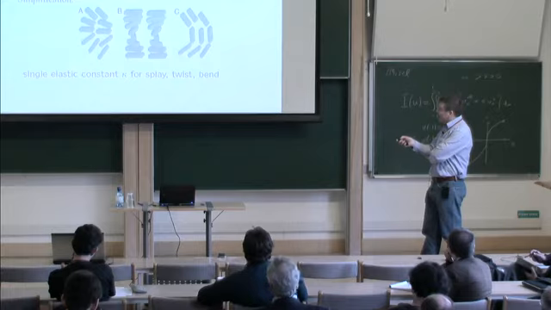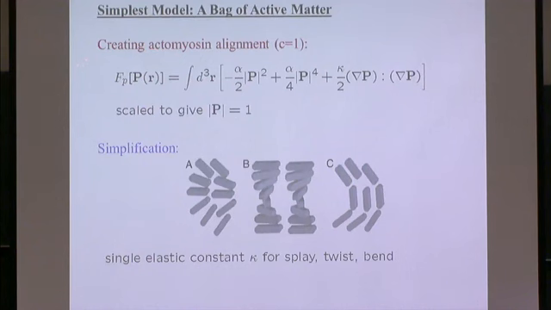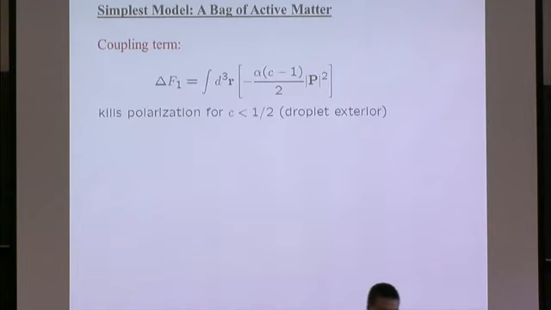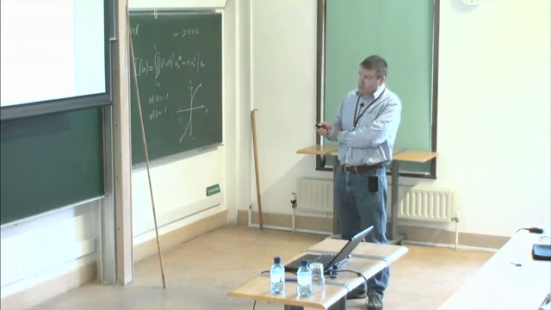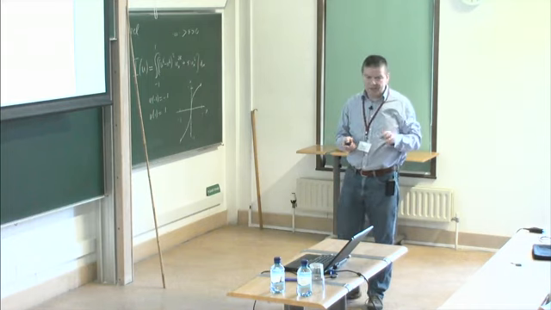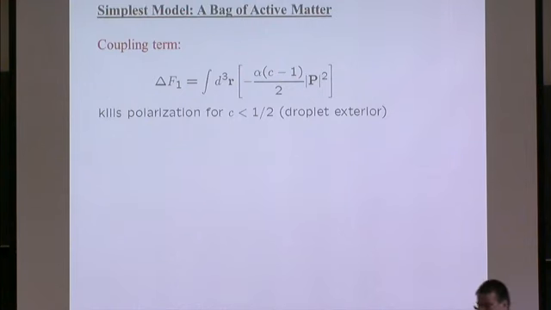So if I just have a uniform density of actomyosin, its free energy is given by this, which says that it wants to be polar, and you have to pay a cost for bending the orientation, or splay, or twist. So these two things need to be coupled together, and if I introduce a simple term here, which is P squared times something proportional to C, all this does is it makes sure that I don't have a polarization field outside the droplet. So I'm making a droplet, and this is just engineered to make sure that when the concentration